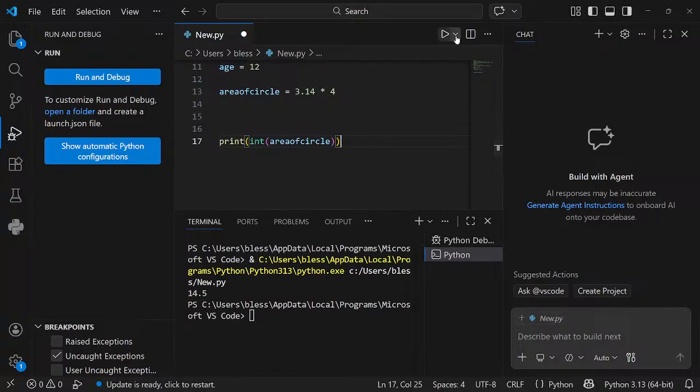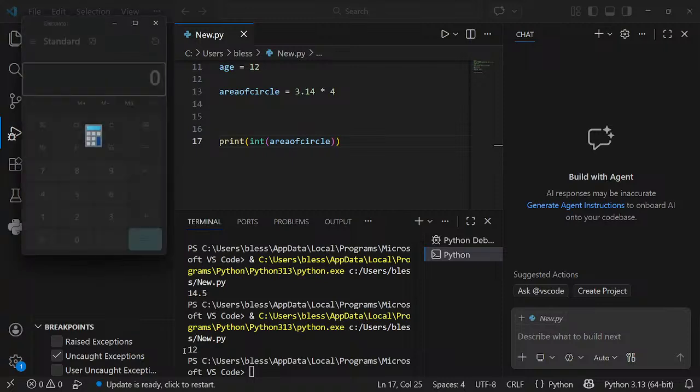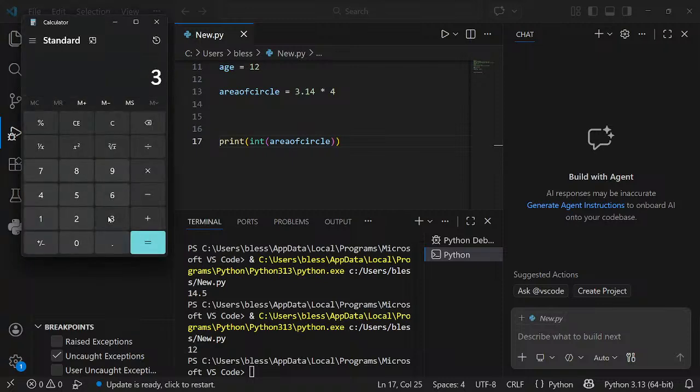Okay, let me run this. Okay, it's thrown an error. I highly doubt that is a correct answer. 3.15 times 4, 4.56. Yeah. So if I specify it as an integer and the true value is a decimal,